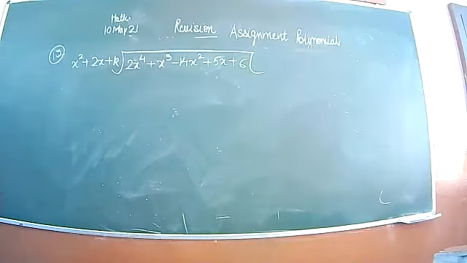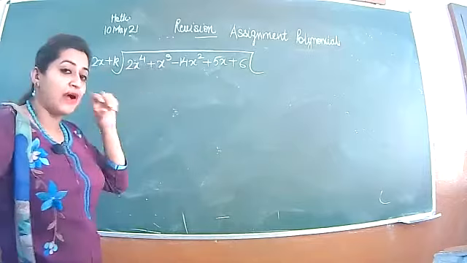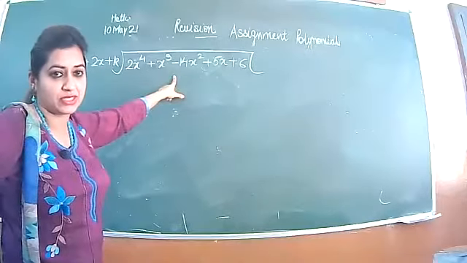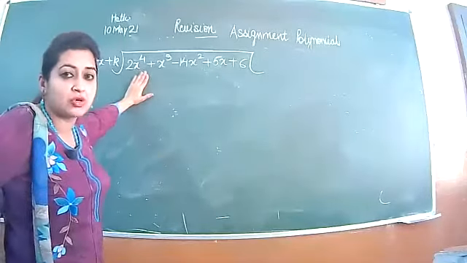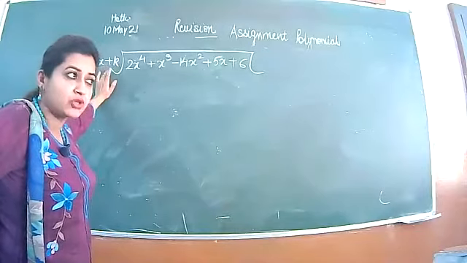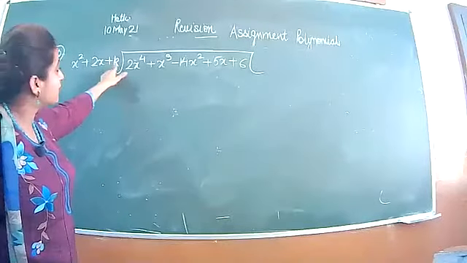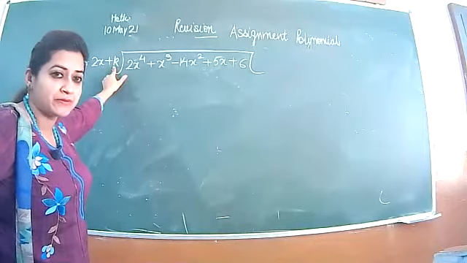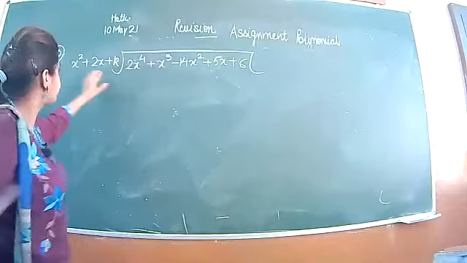In 13th question, you are given that this term is a factor of this term. Find the value of k as well as you have to find all the zeros of this. You can find the zeros of this only when the value of k is given. But it is not given, so firstly you will find the value of k. You can't factorize it because k is unknown. You can't split it out. You can't use the middle term splitting method. So the only one method is there, divide it.